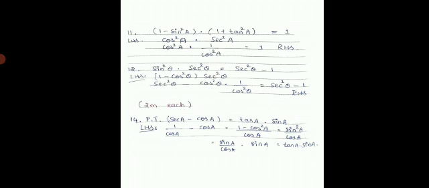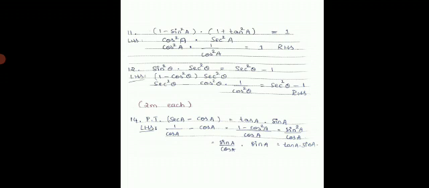Next one, 1 minus sin square of a into 1 plus tan square of a, which is equals to 1. Here 1 minus sin square a, use the basic identities and write the RHS part. That is 1 minus sin square a can be written as cos square of a into 1 plus tan square of a is nothing but sec square of a. So sec square of a is converted here in the next step, that is 1 by cos square of a. So numerator cos square of a will get cancelled with cos square of a, which is equals to 1. This is the required answer.